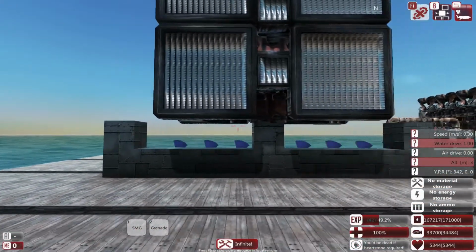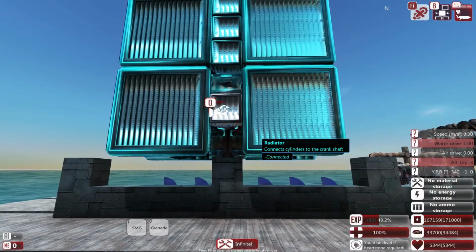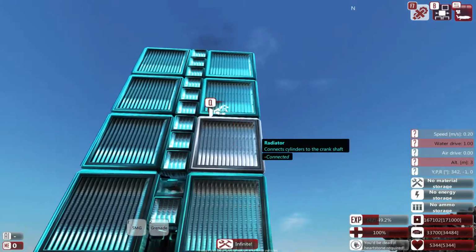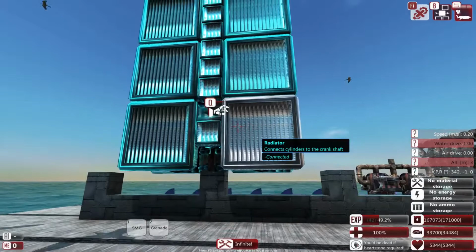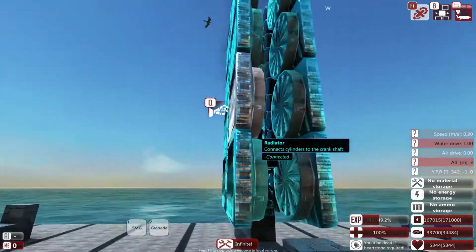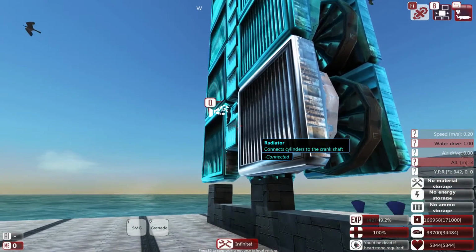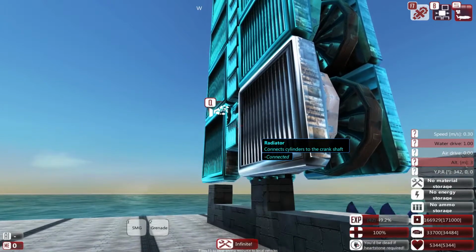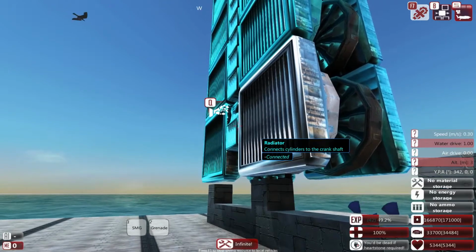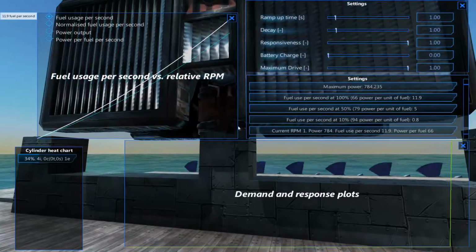This thing is, well, that's 3, 6, 7 wide. I'm going to have to write this down, because 7 wide by 3, 1, 2, let's see. 3 times 4 is 12 wide. And it's, I think, 3 deep. Yeah, 3 deep. Okay, so we got 12 times 7 times 3 equals 252 blocks, and we were making